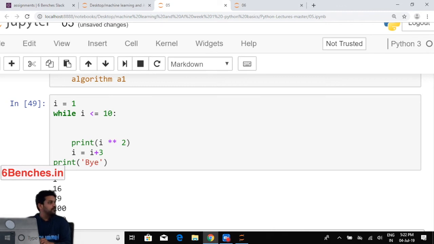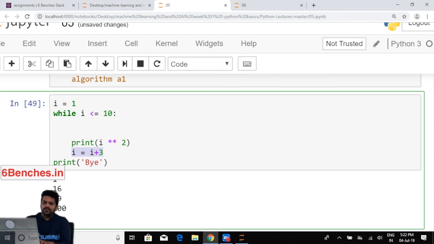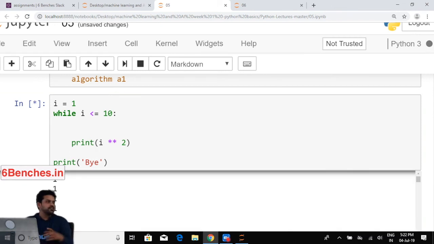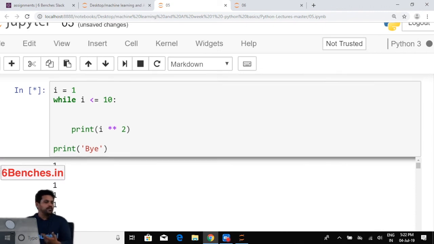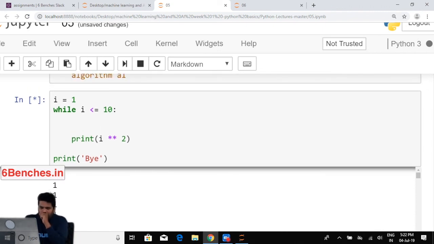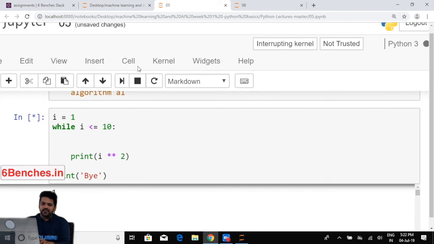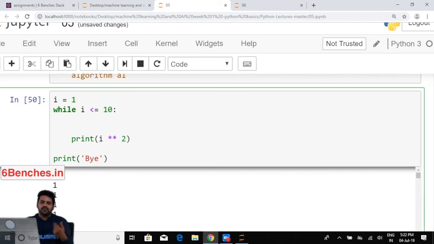Which part? No, it will not even run. Okay, let's see. Yeah, because I is always equal to 1, right? It keeps on running infinitely. Yeah, if you don't increment, this will keep on running because I will always be less than 10,